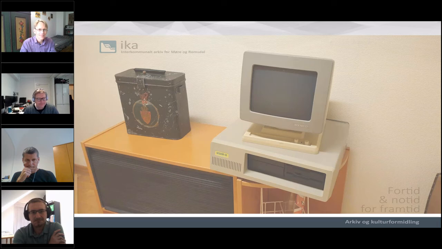Okay. This is in fact my first computer. It was a very hard choice, 8088 or 8086, but I had not so much money at the time, being a student, so it was 8088.